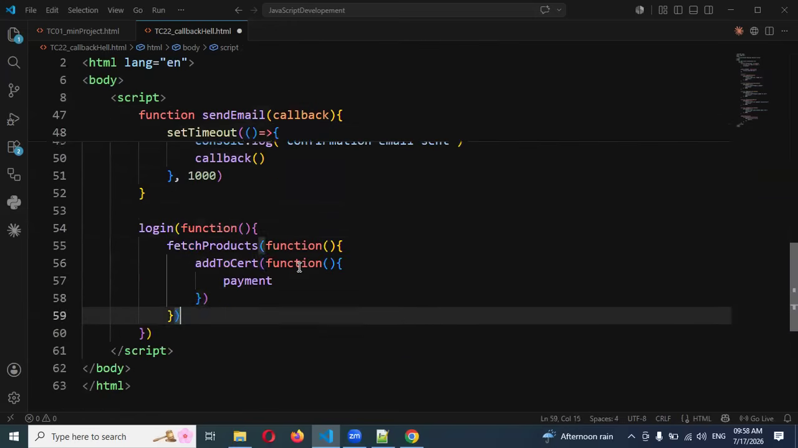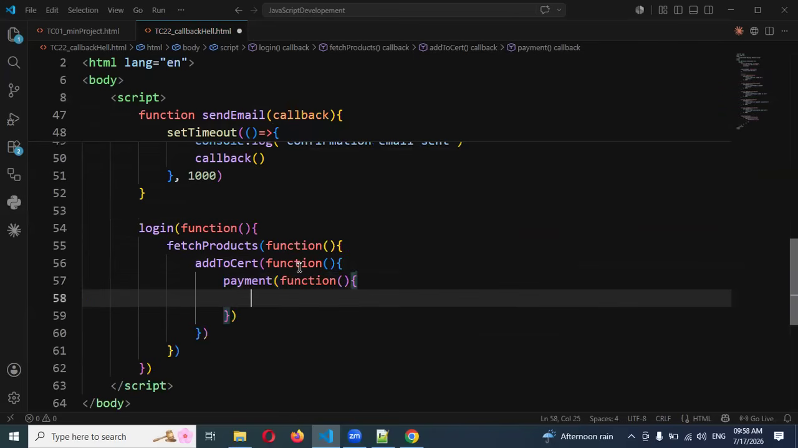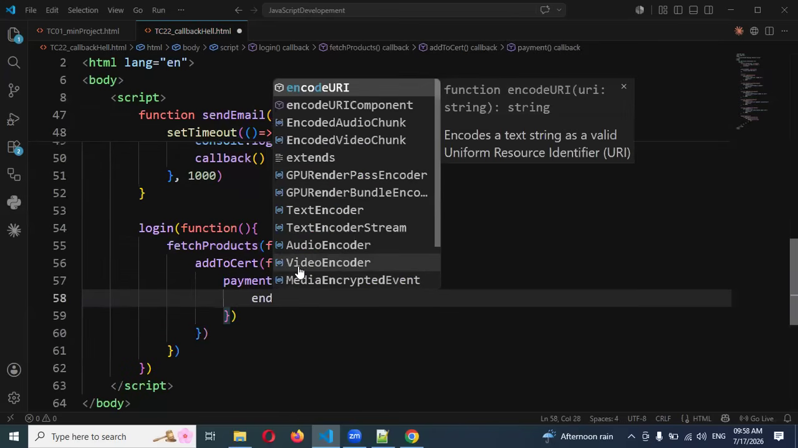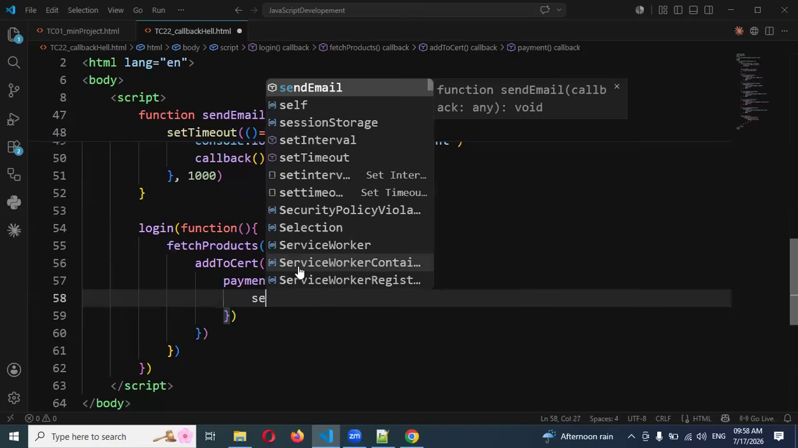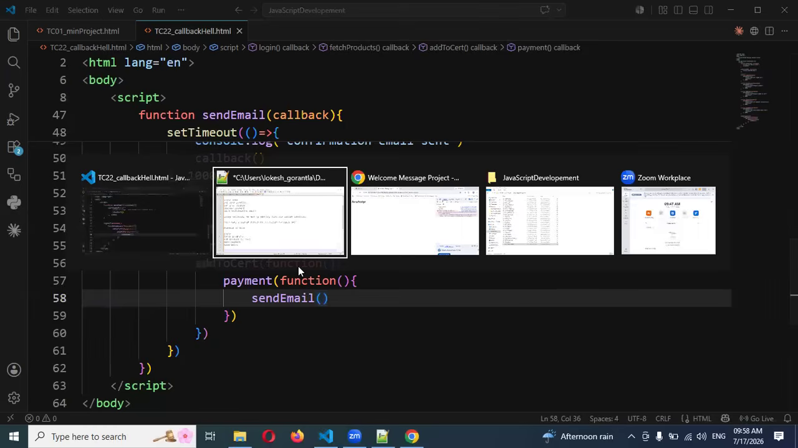It's a payment function. Okay, again a function. And the final one we need to say send email. Okay, this is my last one. One function into another function. Okay, if I make it run,